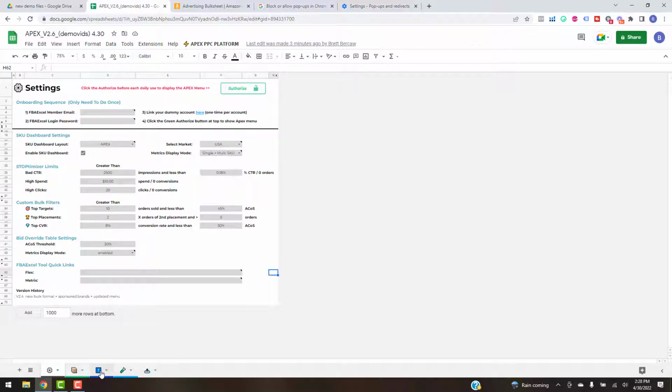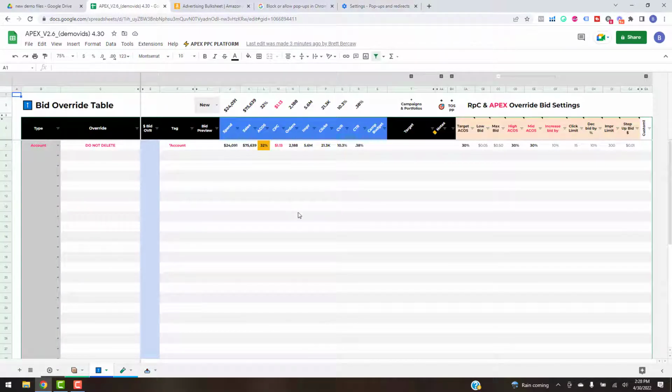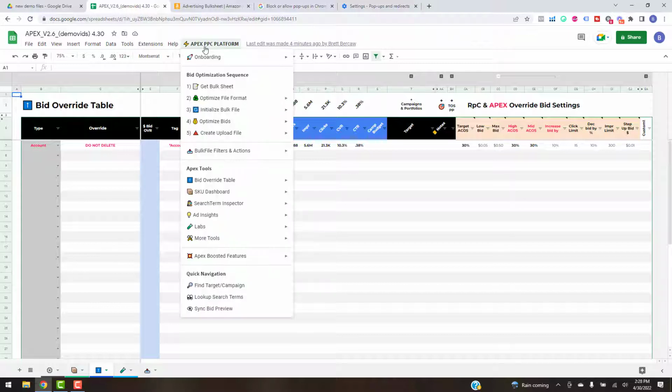And if you turn it off, then you're going to be using the bid override table. So that's this other screen here within Apex, and this is the most powerful screen in Apex. There's a ton of features. We're not going to go into a lot of them in this video, but definitely check out some of the additional videos on how to really utilize the bid override table. But what I do recommend is getting at least your top performers on the bid override table, and an easy way to do that is if you just go up to